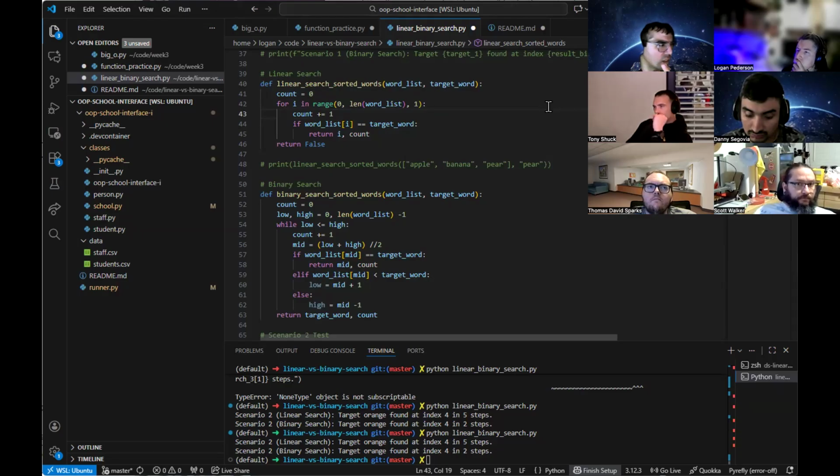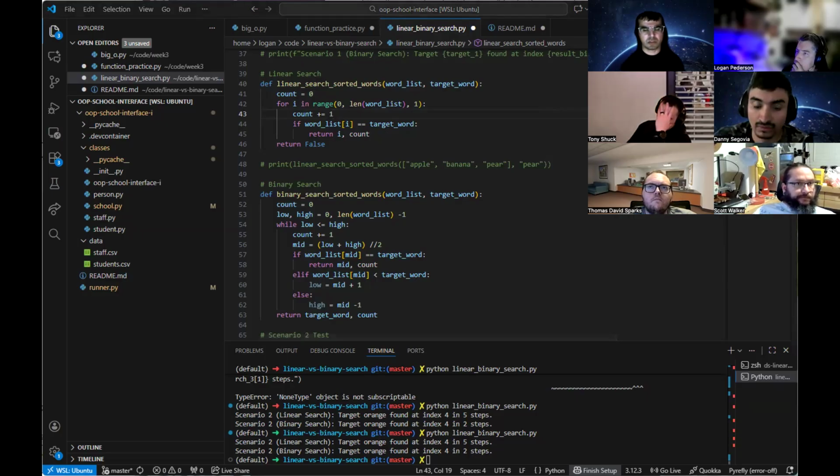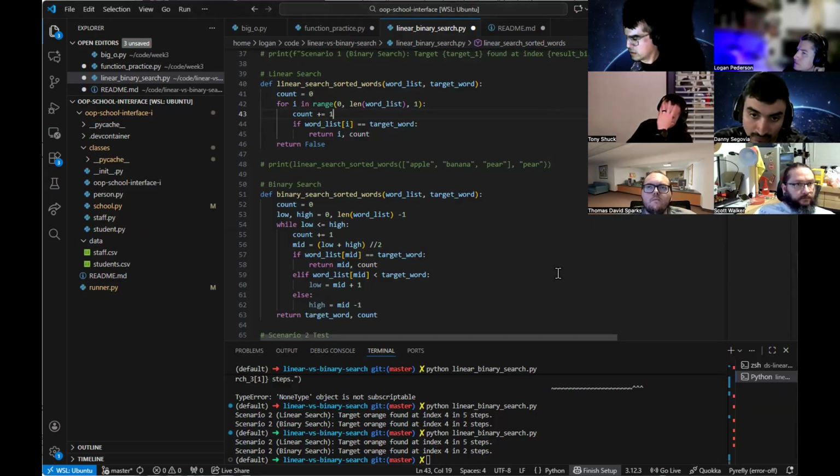You don't answer this, Logan. Someone else, tell me what changed on line 42. What's inherently different in this code compared to what he wrote? This one you're given the increments at the end, 1. You're starting at 0.